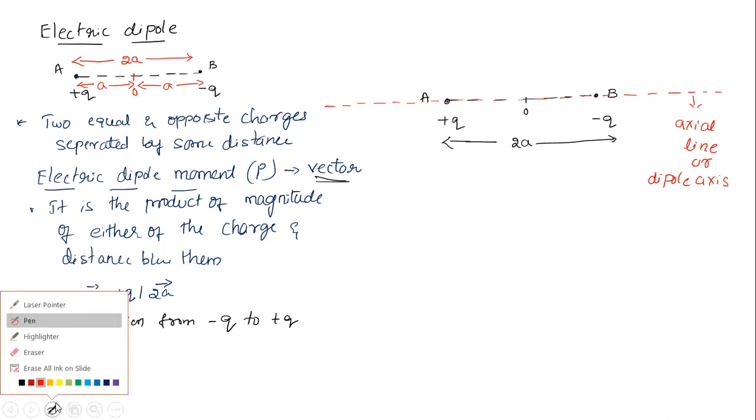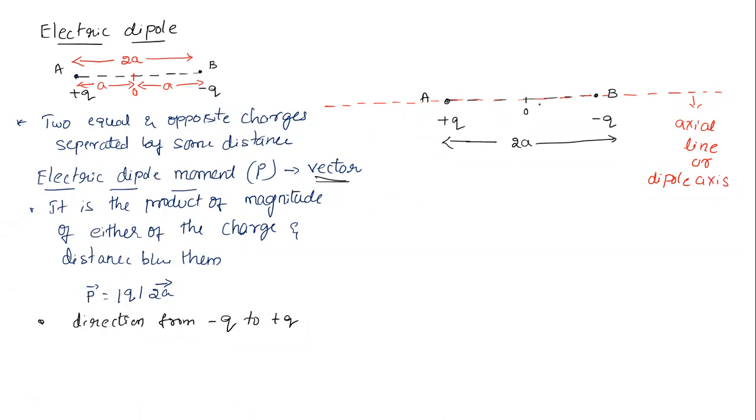Sir, what if I take this line with a different color? What if I take this line? The line which is perpendicular to the dipole axis and passing through the center of the dipole, making an angle exactly equal to 90° with respect to the axis of the dipole. That is what we call the equatorial line.